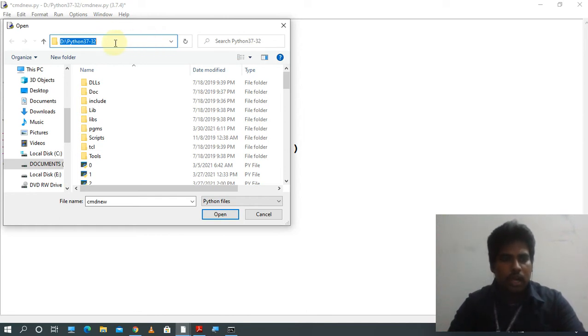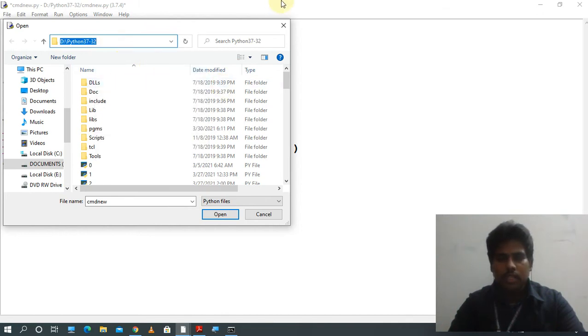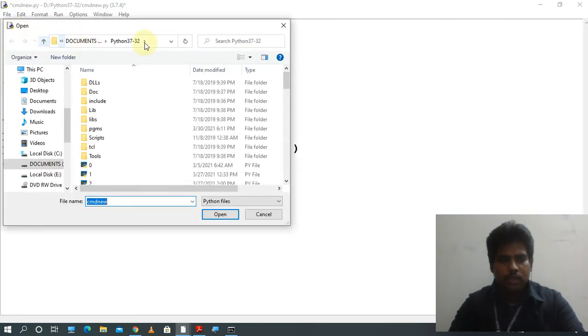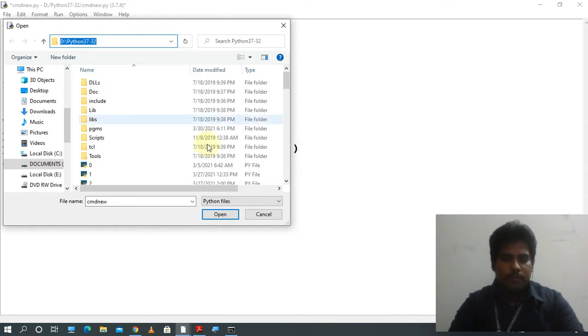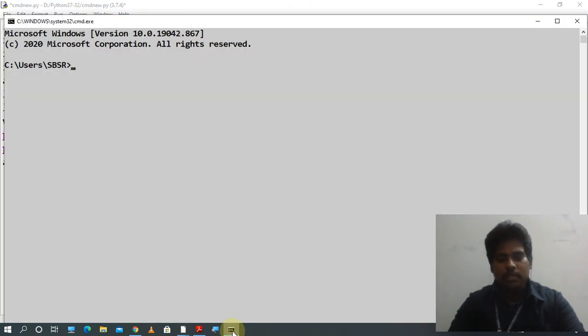Control C or right click, copy it. How do you copy the location? Go to file, open, just click it, Control A, otherwise using mouse you can select it, then copy. Then just cancel it and come to the command screen here.